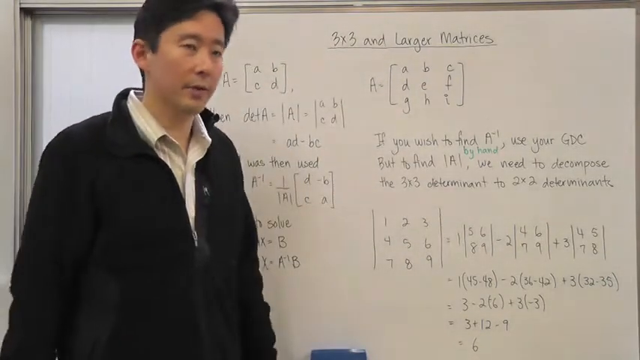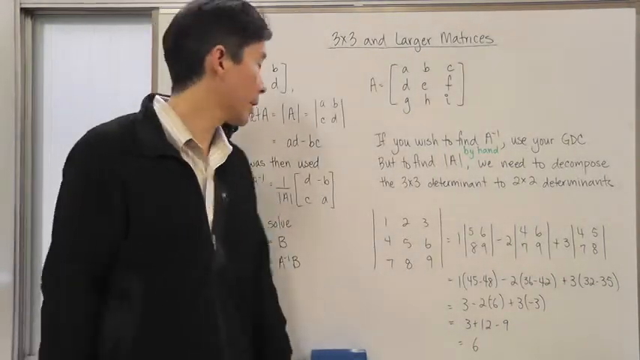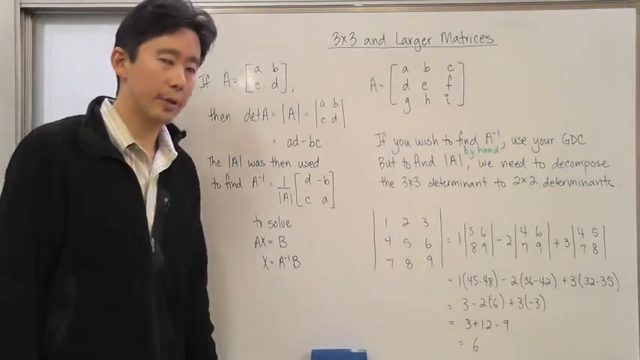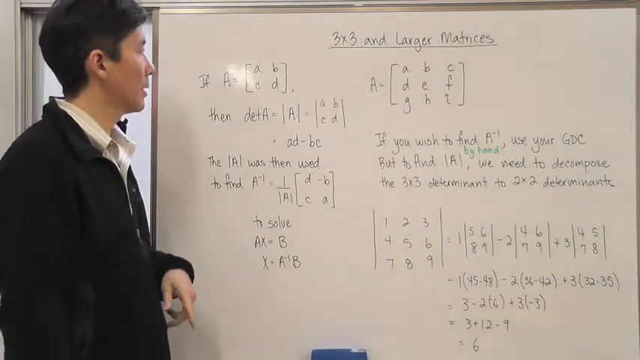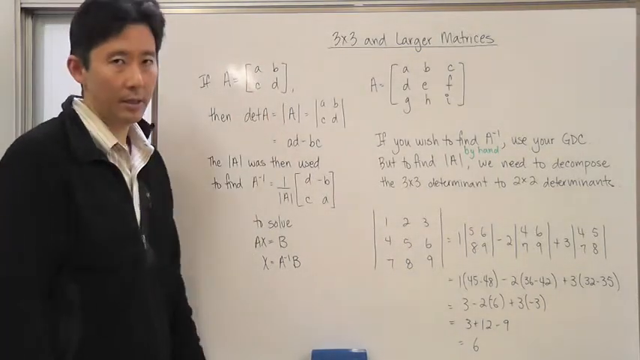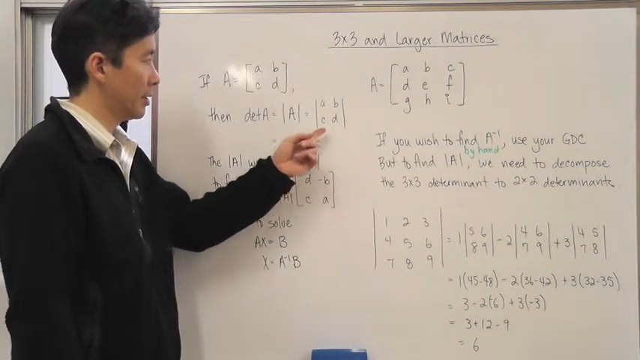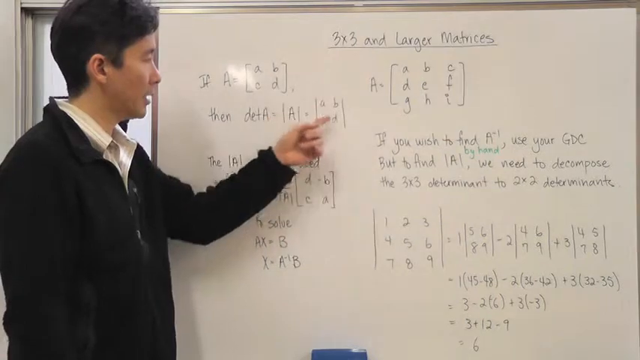Okay, hello everyone. Let's go ahead and take a look at 3x3 and larger matrices. Now let's continue with what we did before with 2x2 matrices. Notice that we said that if A is going to be [a, b; c, d], then the determinant of A, which can be written like this and like this, is going to be the same thing as ad minus